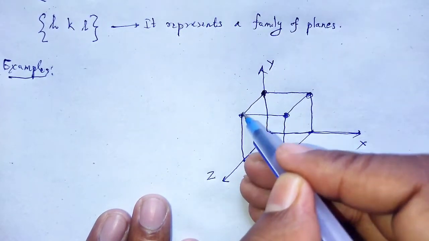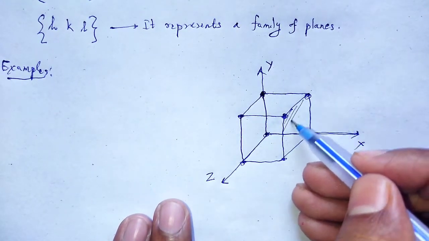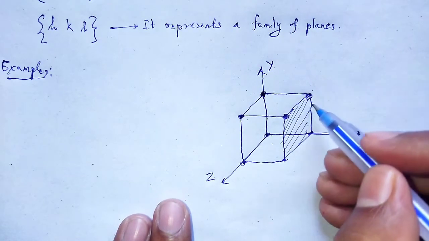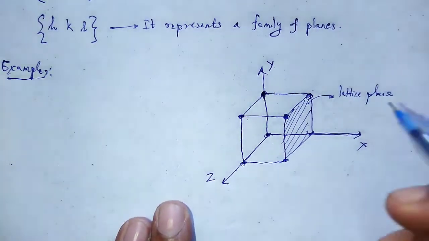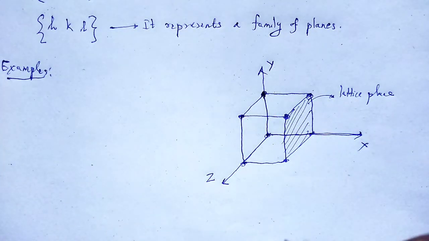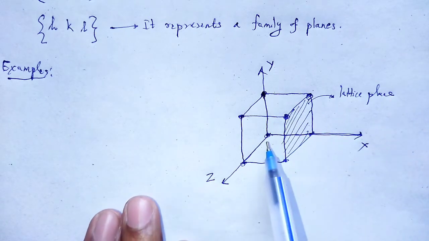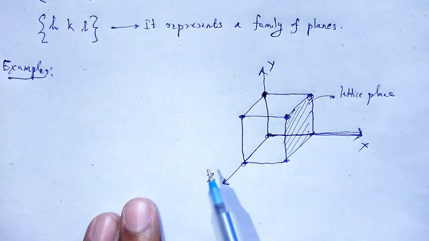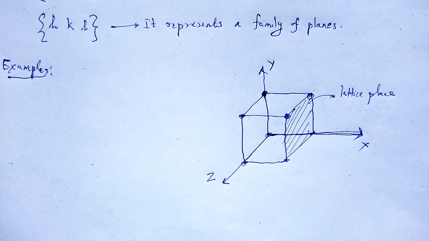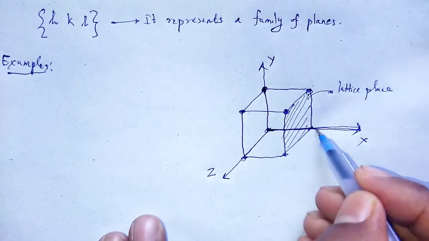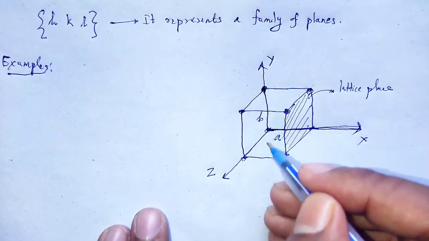These are the lattice points. If we consider a plane here, that is the lattice plane, and that plane can be represented in terms of Miller indices. This is the x axis, this is the y axis, and this is the z axis. If we write the lattice directions as x as A, y as B, and z as C,